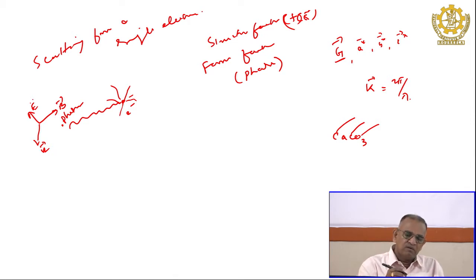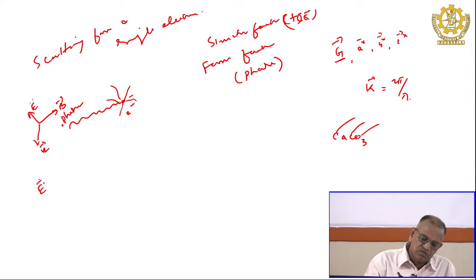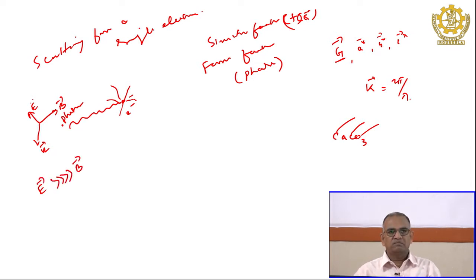The electric field intensity is obviously very large in comparison to B all the time; it is very weak. Although electric field oscillations and magnetic field oscillations are both there, the magnetic field is very small in comparison to the electric field. So, we all the time refer to the electric field, neglecting the magnetic field, but both are there simultaneously. One is very strong, the other one is very weak.